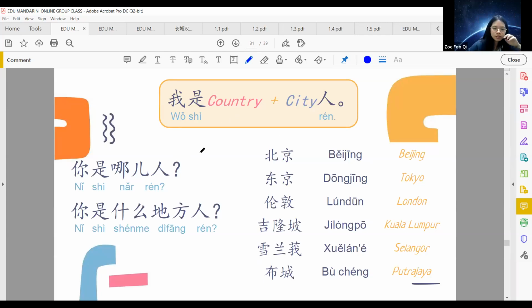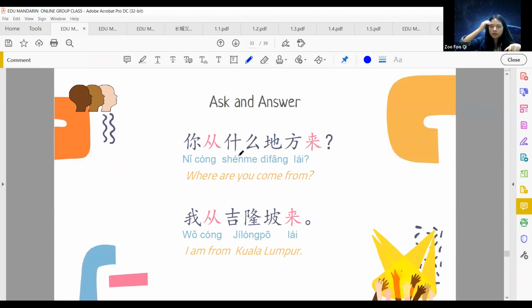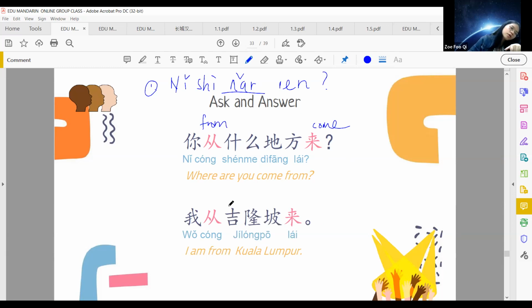Okay. 你是哪人？你是什么地方人？So the first way is we ask using 你是哪人. This one can be where, which country, or what place. You can swap this one. Another one is to use 从什么地方来. This one is from, and this one is come. So you come from which or what place? 你从什么地方来。